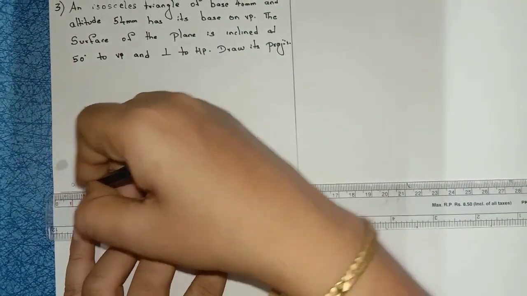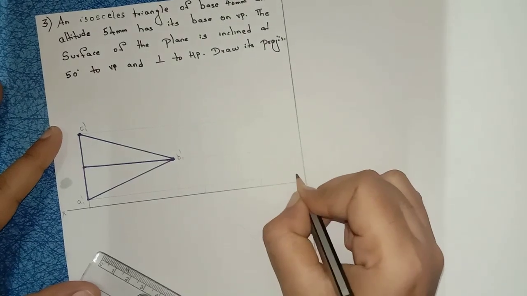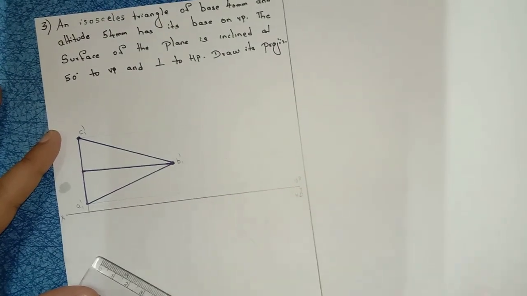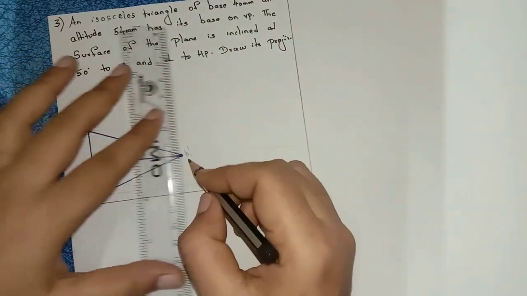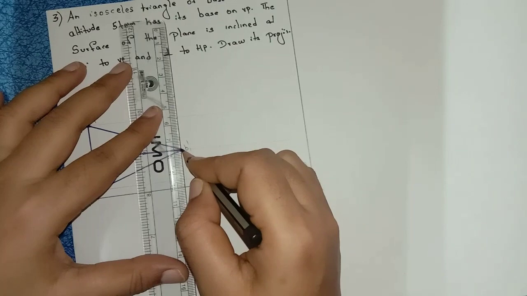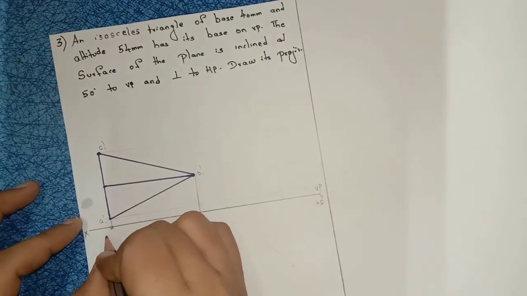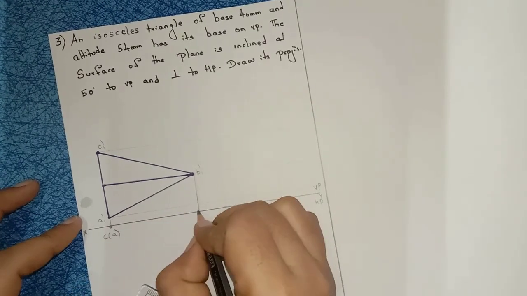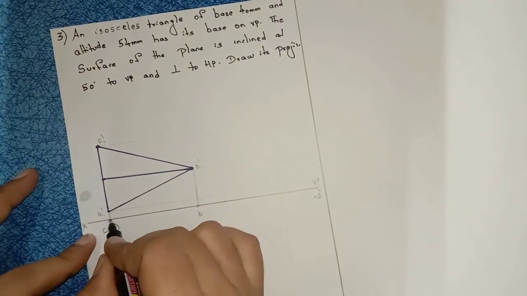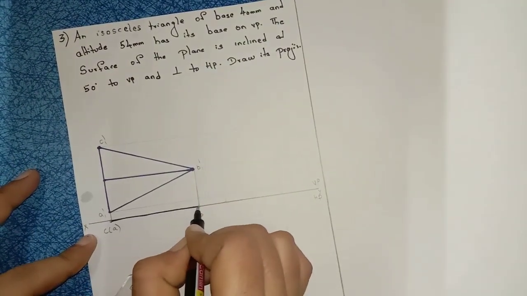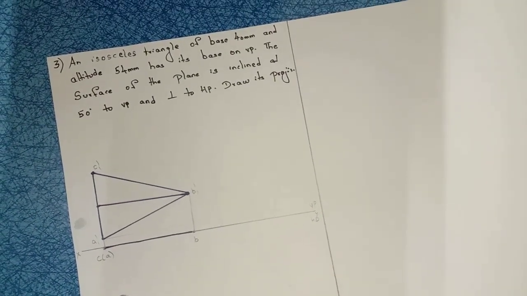I am constructing a reference line, naming it as XY, vertical plane and horizontal plane. Right, after that from every corner, from C1 dash, A1 dash, from B1 dash. Right, now what is the point name here? C or A, point name here B. Right, now join a straight line, join this C to B. Right, so this is your initial position.